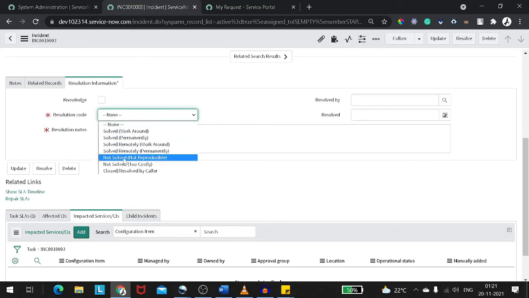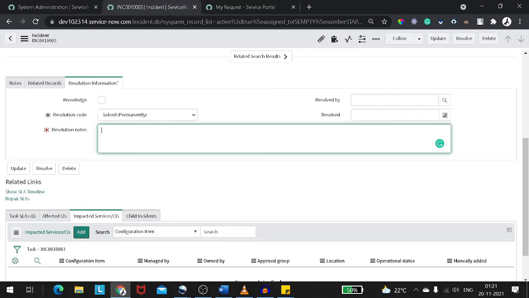So whether it got solved or not reproducible, okay. So as I've provided him the keyboard, okay, and I think it's solved permanently, okay. And what is the resolution notes for this